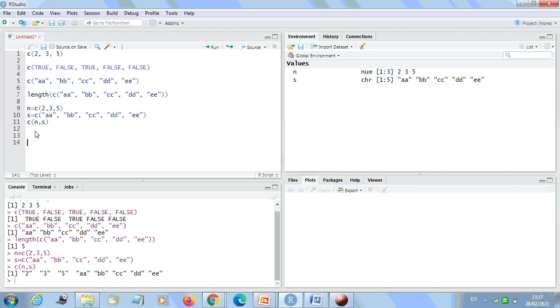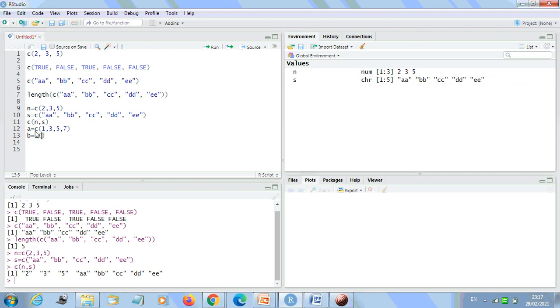Let me make a vector a in which I am going to assign some values. I have written c, and I can write anything: 1, 3, 5, 7. Fine. And let me declare another vector.